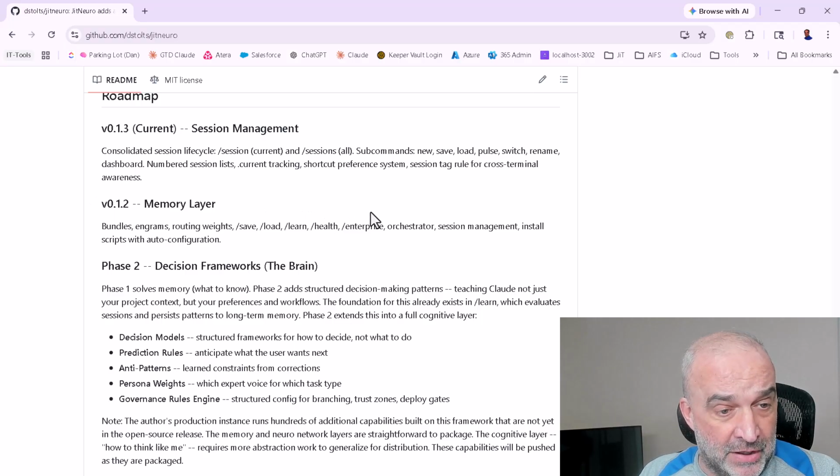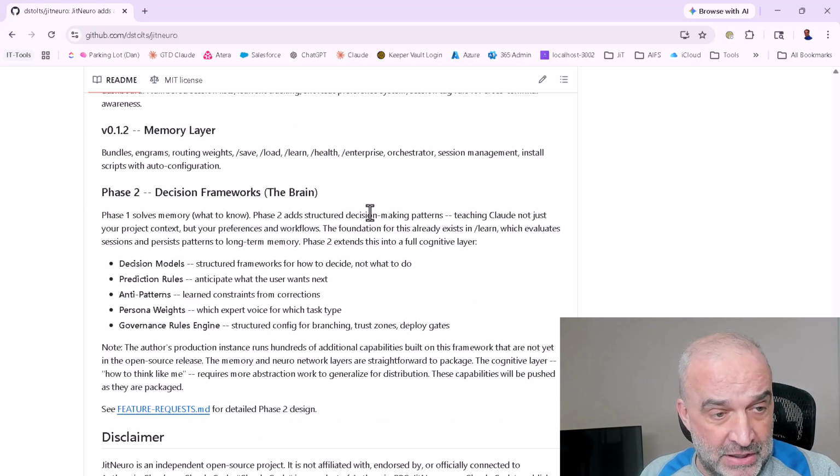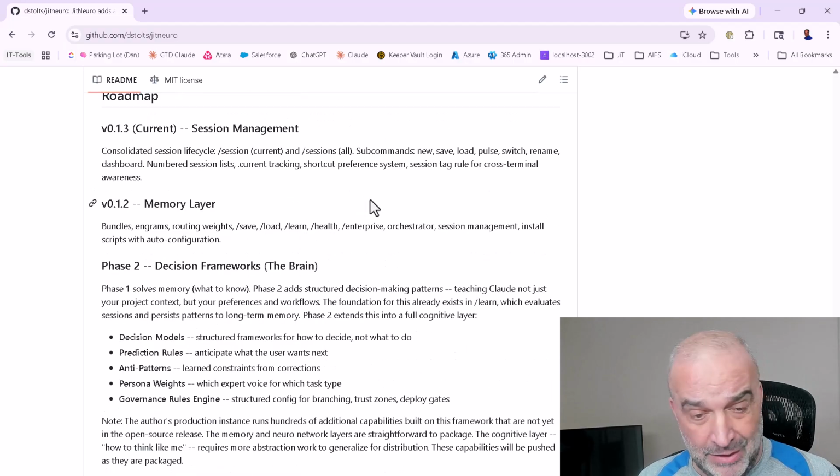So then we've got the memory layer. You've got session management, then you've got the memory layer. In the memory layer, that's where your bundles, engrams, and routing weights lie. And within the memory layer, that breaks down into multiple components, and we'll get into that in a moment. So the memory layer has your orchestration for your session management, and the decision framework. Whenever in the code and in the documentation I refer to the stuff we've talked about so far, the session management and the memory management, I'll refer to that as the